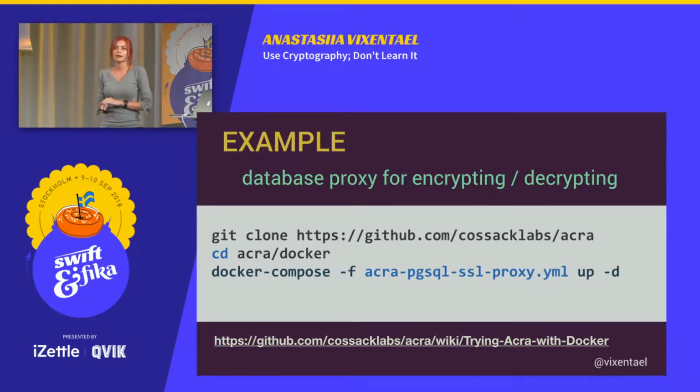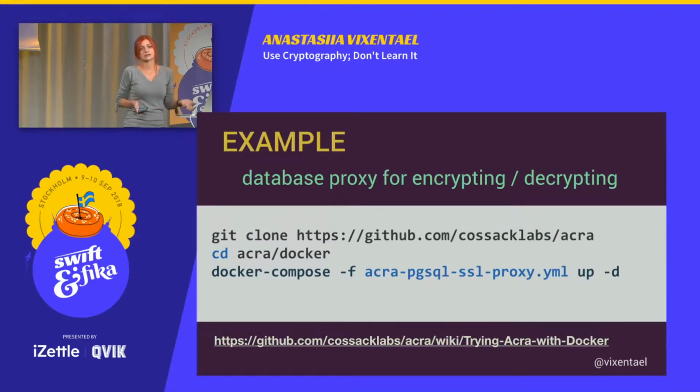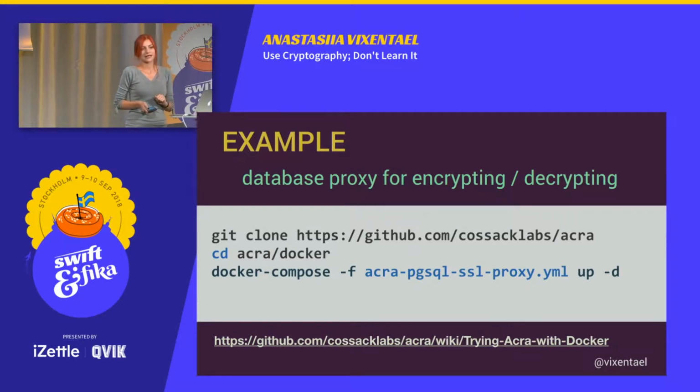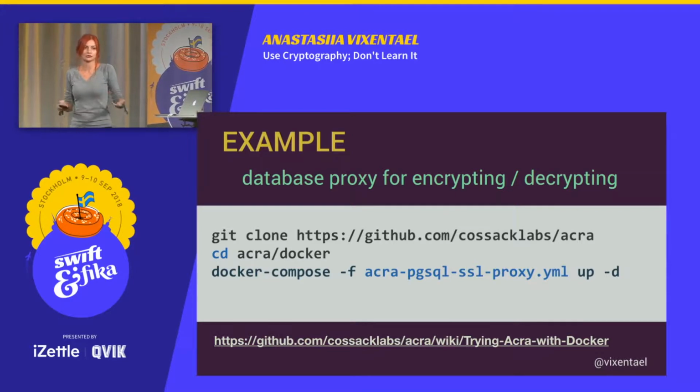This one line downloads and runs the whole database encryption proxy solution using Docker. Basically, it launches a PostgreSQL database and the proxy itself, generates keys, sets up secure transfer between components, and it's up and running. One command. Does it look boring? More boring than it might be if you do it yourself.